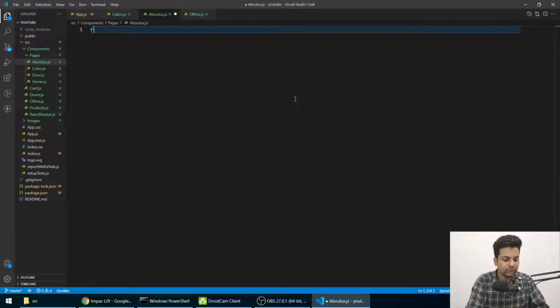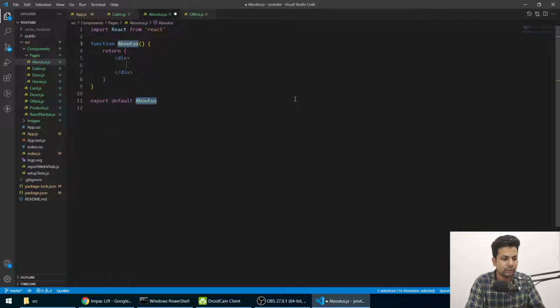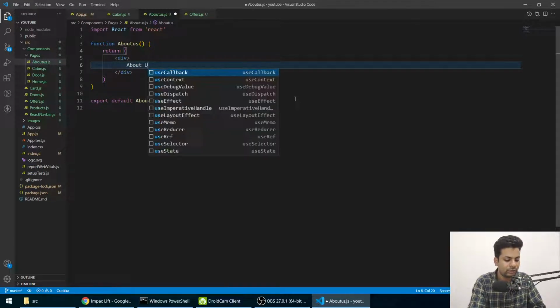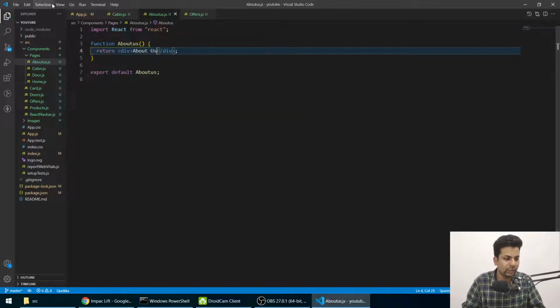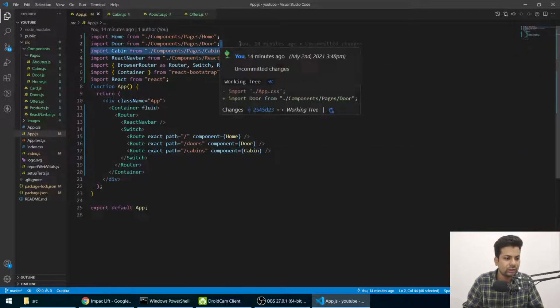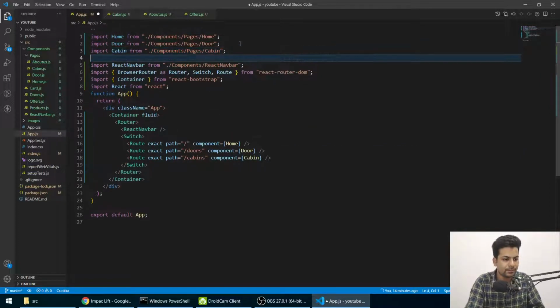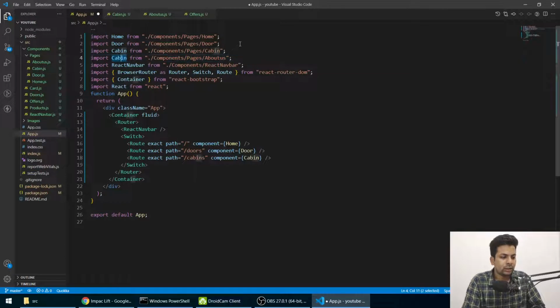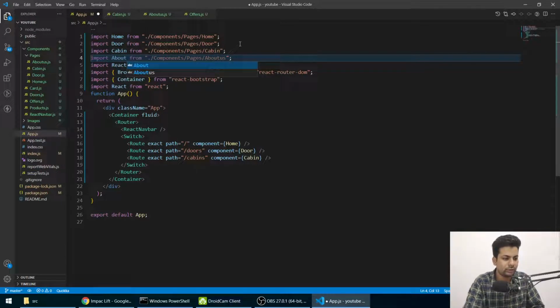So now same thing, we'll make a component called RFCE and we'll say about us, and here in the app.js I'll just copy this thing, use it as about us. Here also, about us.